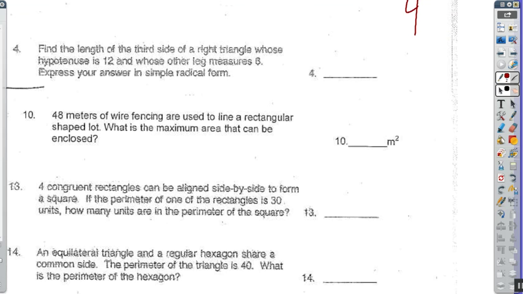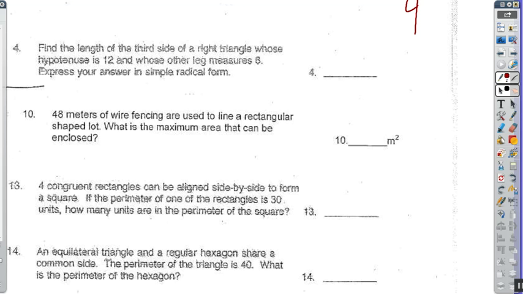Find the length of the third side of a right triangle, whose hypotenuse is 12, and the other leg is 8. Express your answer in simple radical form. So this one, as soon as we see this, we know we actually have to use